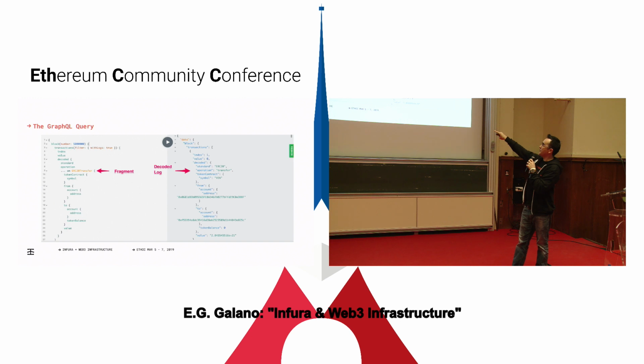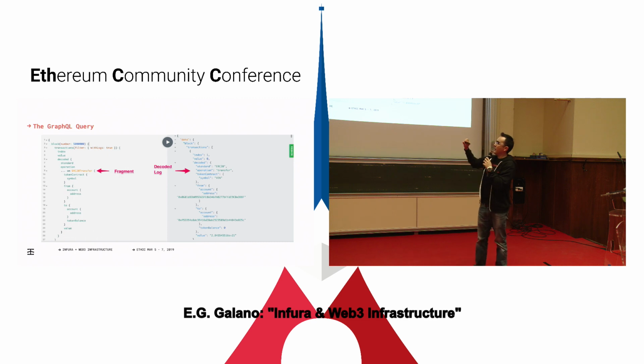The other thing that I wanted to point out here on the left is the use of a fragment. So that's sort of what fragments look like. Basically, you can inline internal data structures. And then on the right side, you can see an example of what log decoding looks like. Rather than just seeing the raw data, you're getting the transfer, the symbol, which accounts it's going to, value, etc.